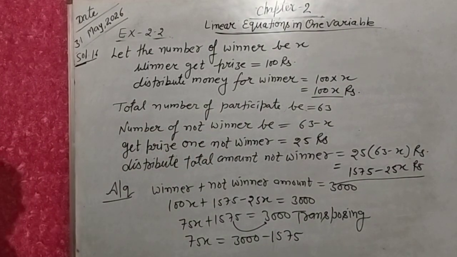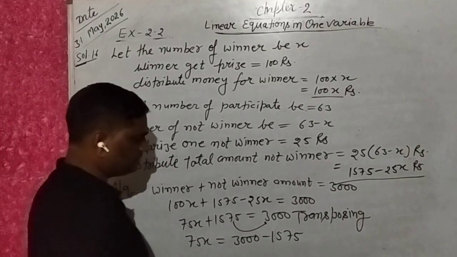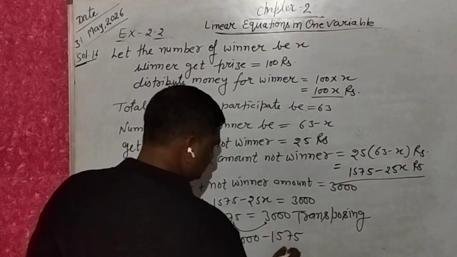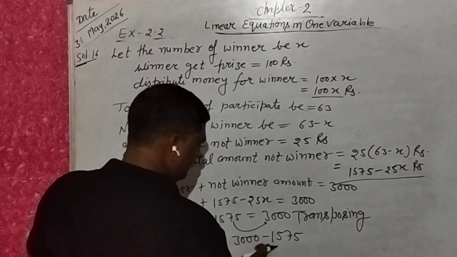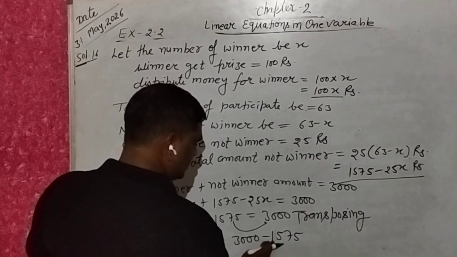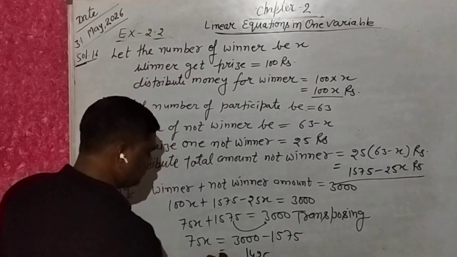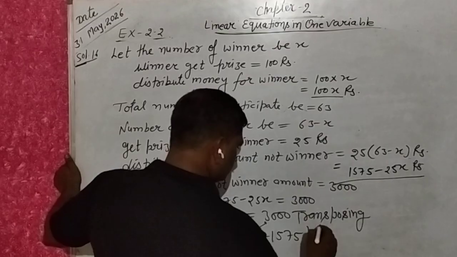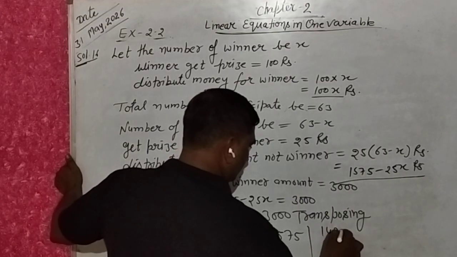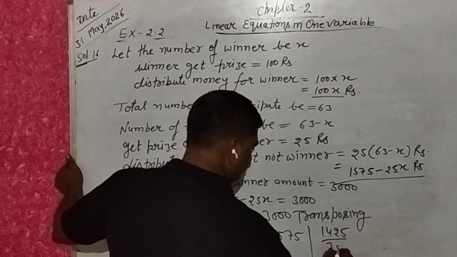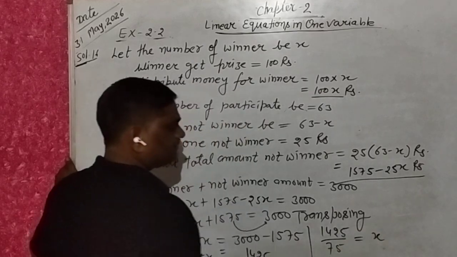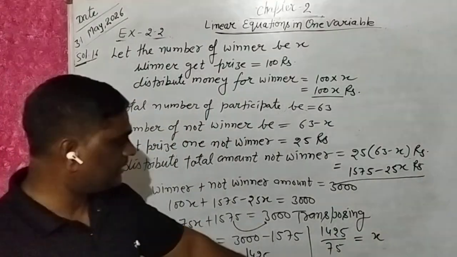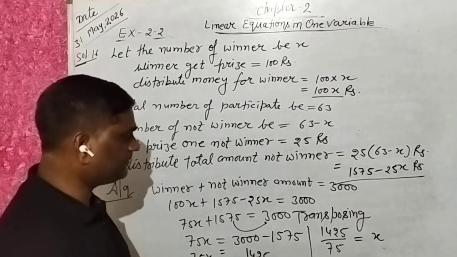Yes. 3000 minus 1575: 10 minus 5 equal to 5, 9 minus 7 equal to 2, 9 minus 5 equal to 4, 2 minus 1 equal to 1. So 1425 is equal to 75x. When you divide, 1425 upon 75 is equal to x. If you divide here by 5,